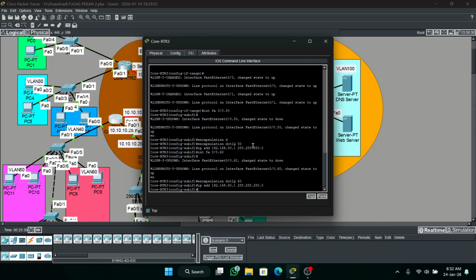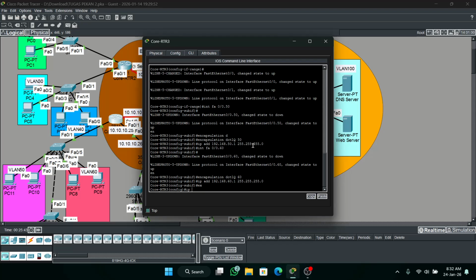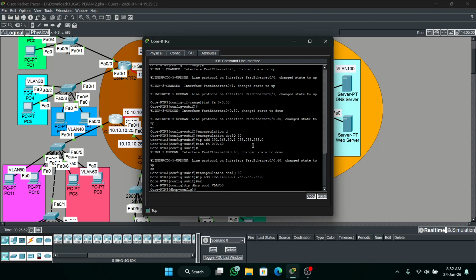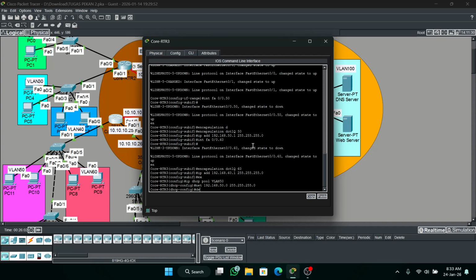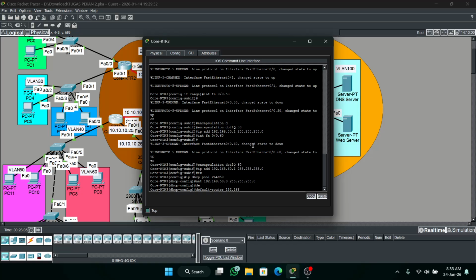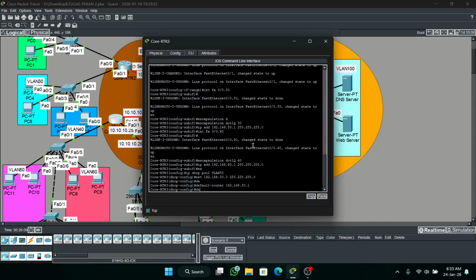Next configuration is the DHCP pool. Pool VLAN 50. Okay, then network, default router, then DNS server.